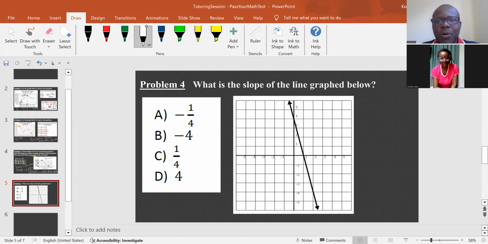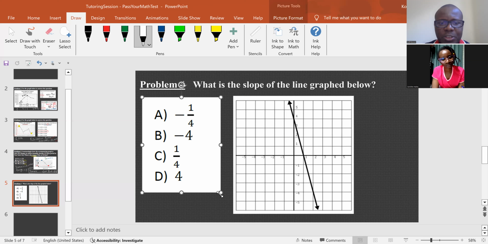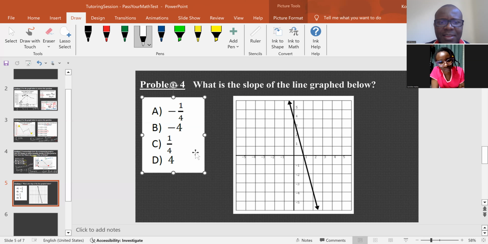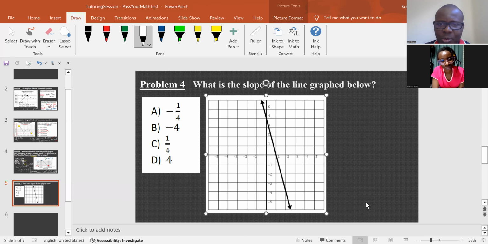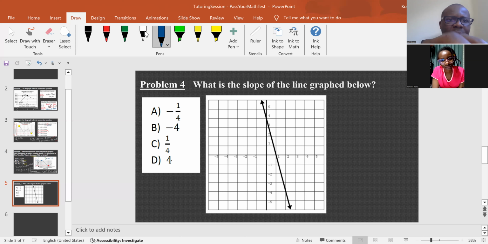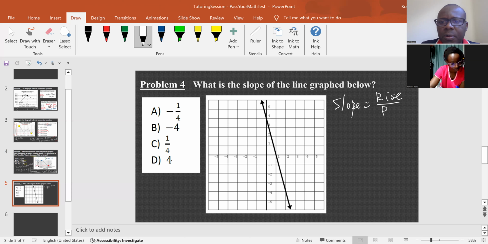So they ask, what is the slope of the line graphed below? We have 4 choices. For the slope, we have different methods to solve this type of question, but the one I think is quick and simple is when they say rise over run. I don't know if you have heard this before. Slope equals rise over run. So change in y